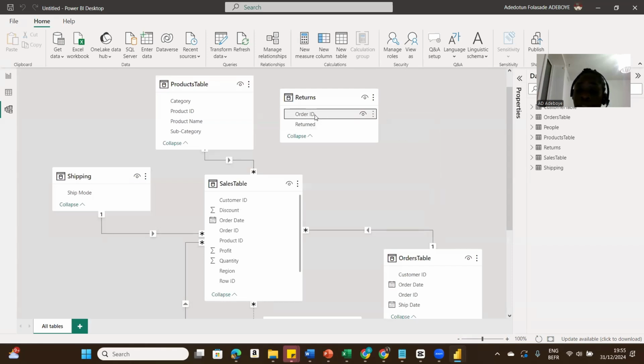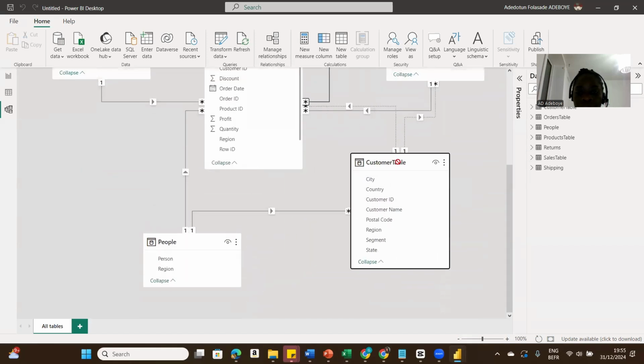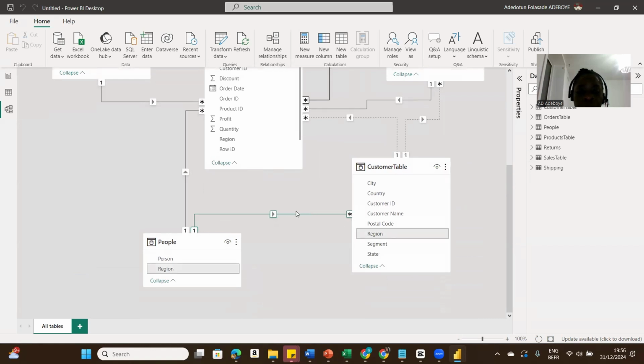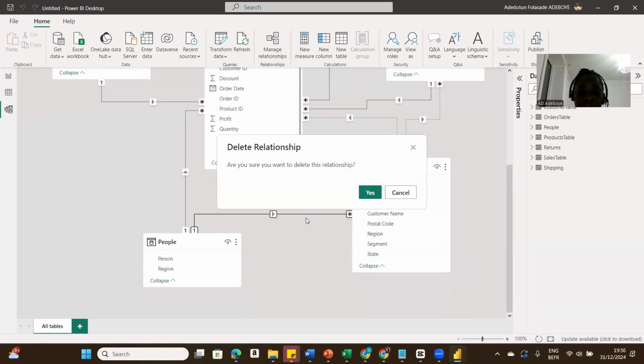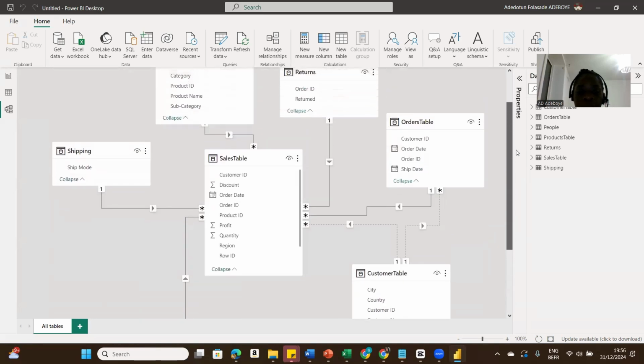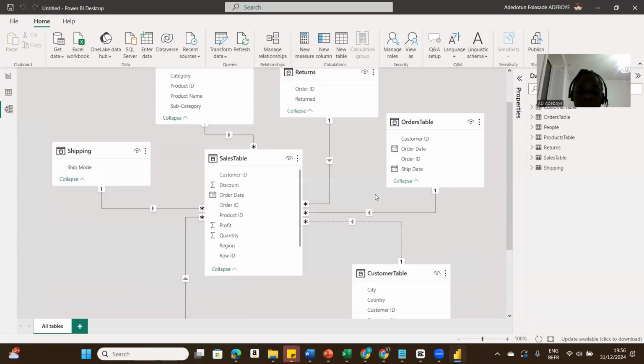Connect the returns table to the sales table using the order ID column, and then move this now up orders table. And once again, we are going to delete the relationship between the people's table and the customer table. Delete, because we want to achieve a Star Schema. And then we would delete the relationship between the orders table and the customers table. And also delete the relationship between the customer table and